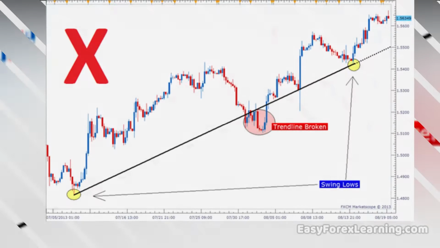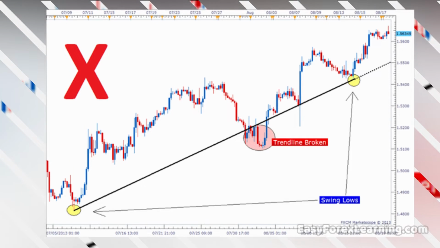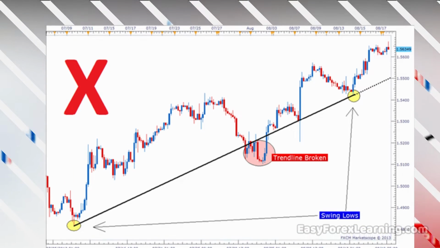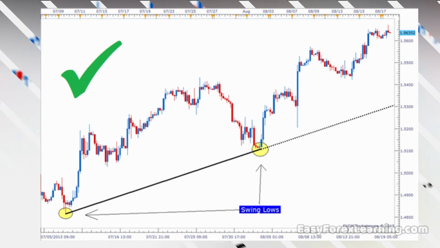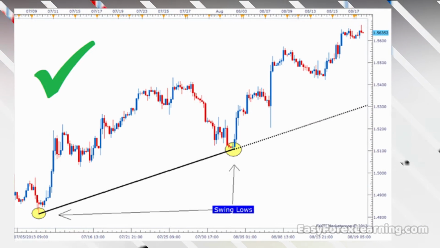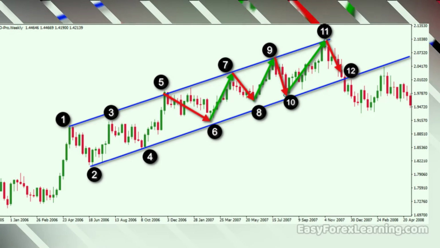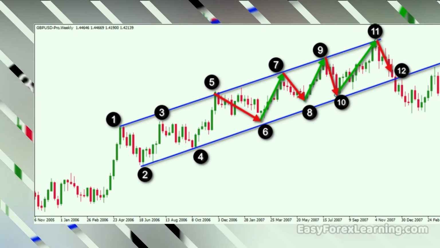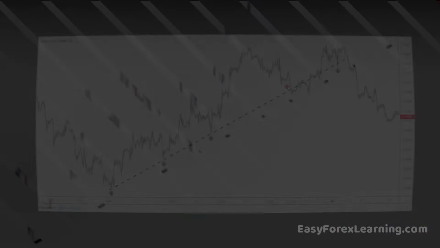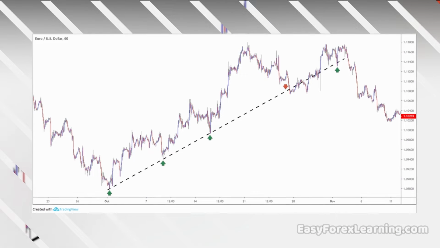Trend lines are probably the most common form of technical analysis in forex trading. They are probably one of the most underutilized ones as well. If drawn correctly, they can be as accurate as any other method. Unfortunately, most forex traders don't draw them correctly, or try to make the line fit the market instead of the